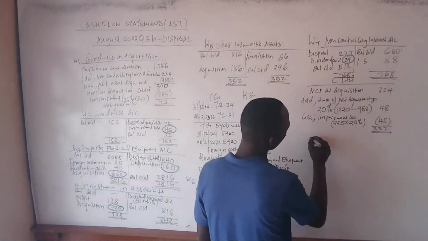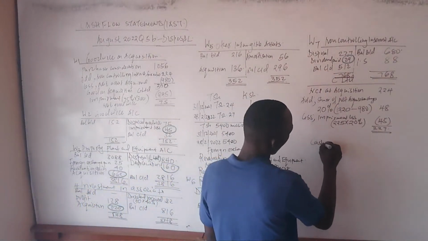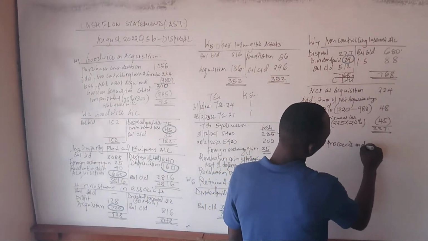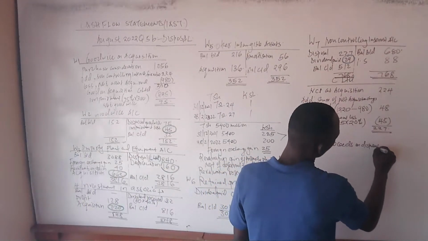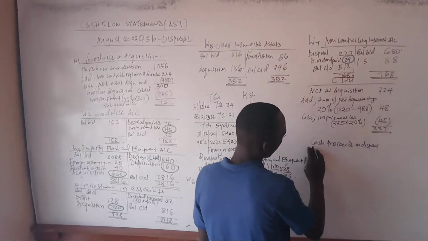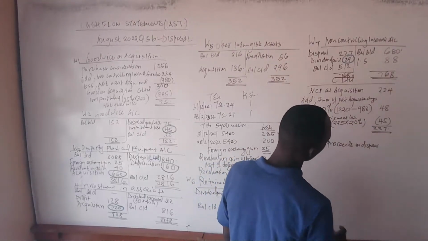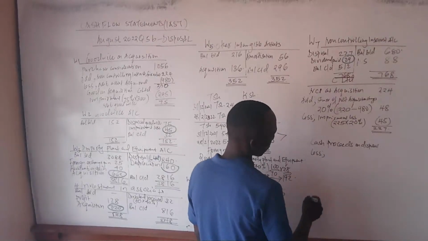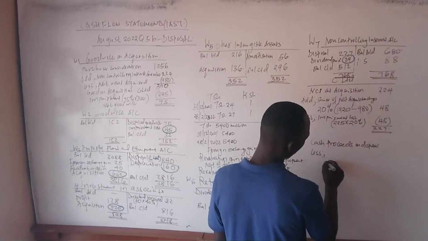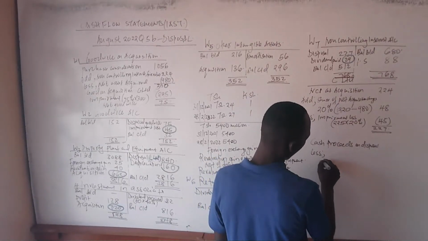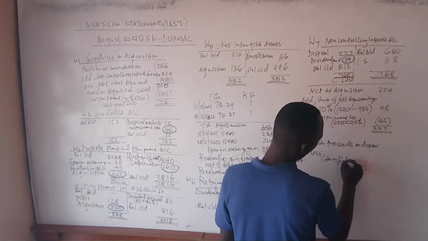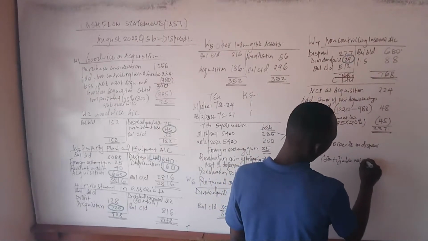And how do we get the cash proceeds on disposal? We normally take cash proceeds on disposal, then we less the identifiable net assets